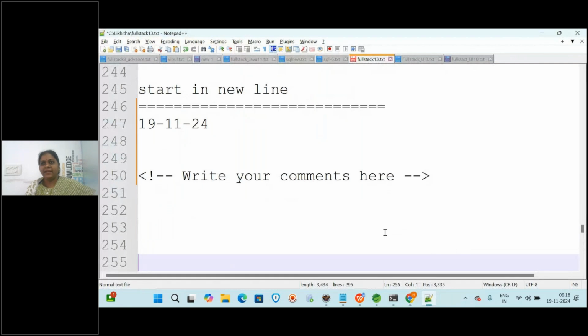So in the last session, we have seen how to write the basic HTML page and how to save it and how to execute it with the default browser, right? We also have seen what the basic tags are: HTML, title, head, body. These are the main basic tags. Along with that, we have heading tags from H1 to H6.